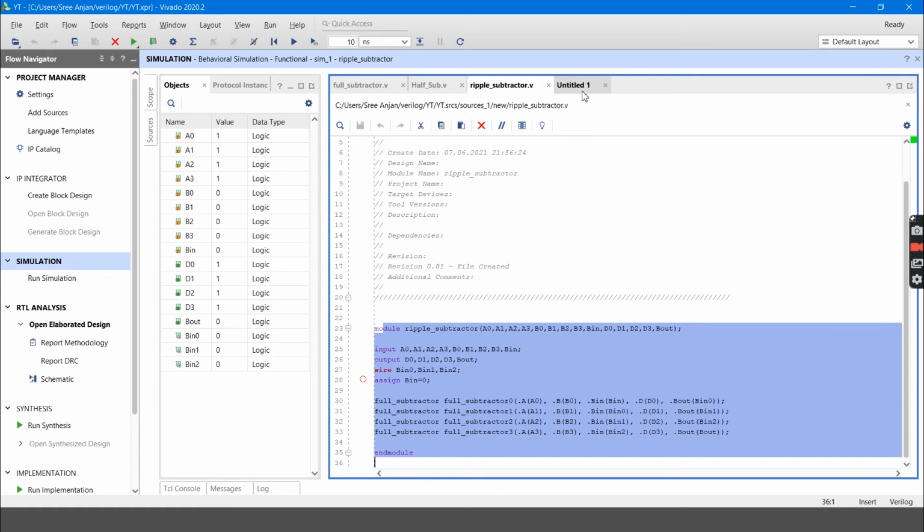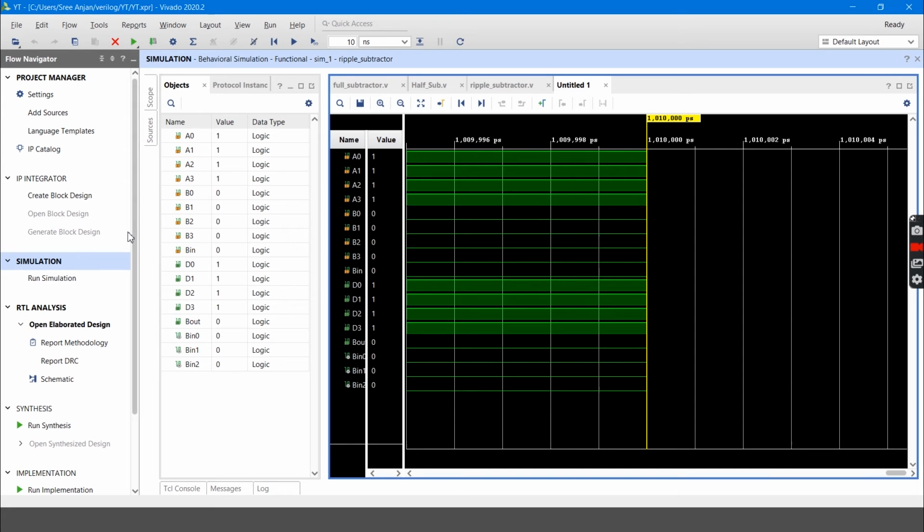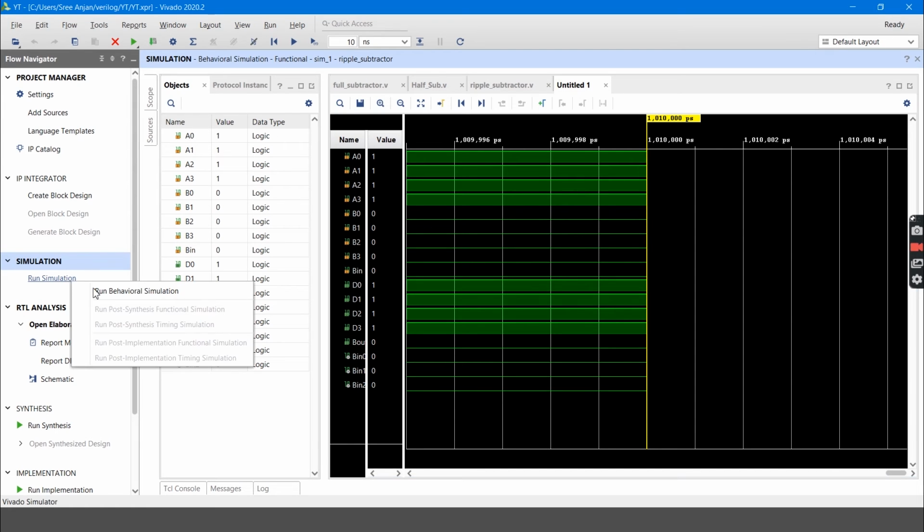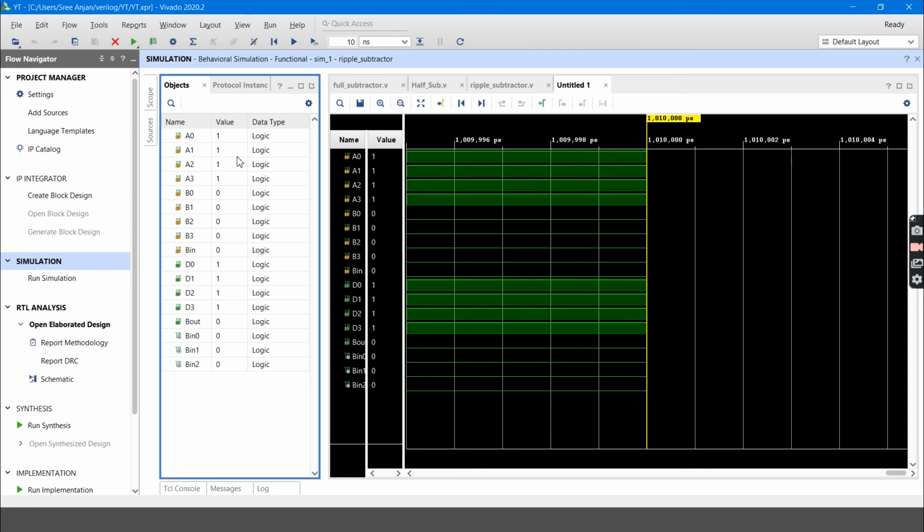To save time, I already pre-simulated it. You can also simulate it by clicking run behavioral simulation. I passed the same values, 1 1 1 1 and 0 0 0 0, as I mentioned in the presentation, and I got the difference as 1 1 1 1, B out as 0, and all the borrow values are zeros.